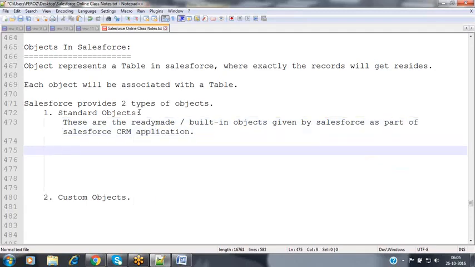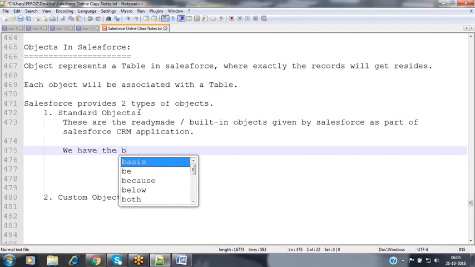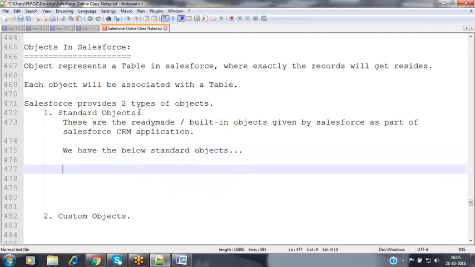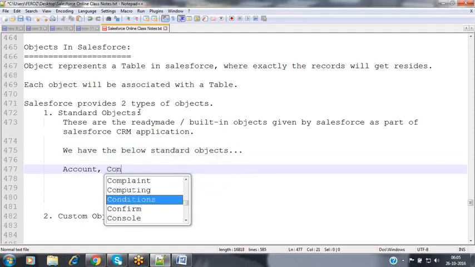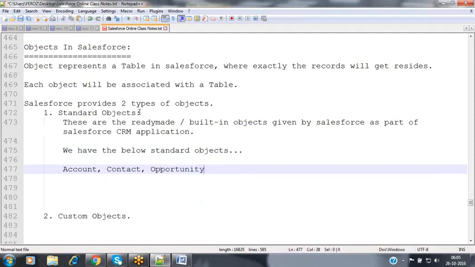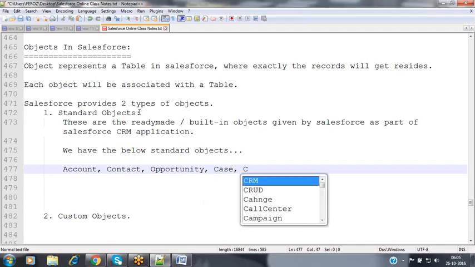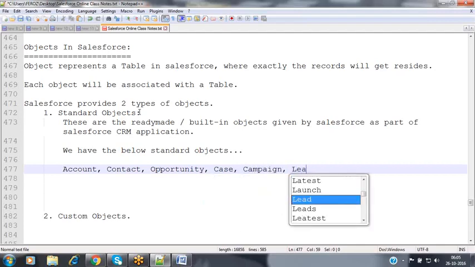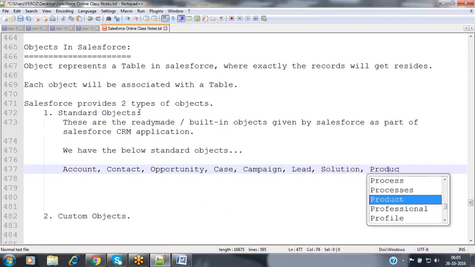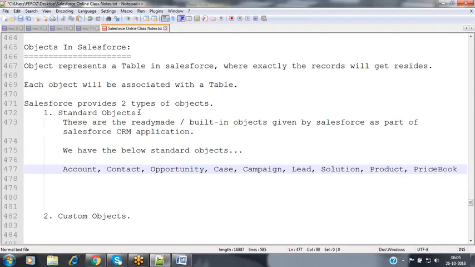As part of the Salesforce CRM application, we have the below standard objects, like account, contact, opportunity, case, campaign, lead, solution, product, price book,